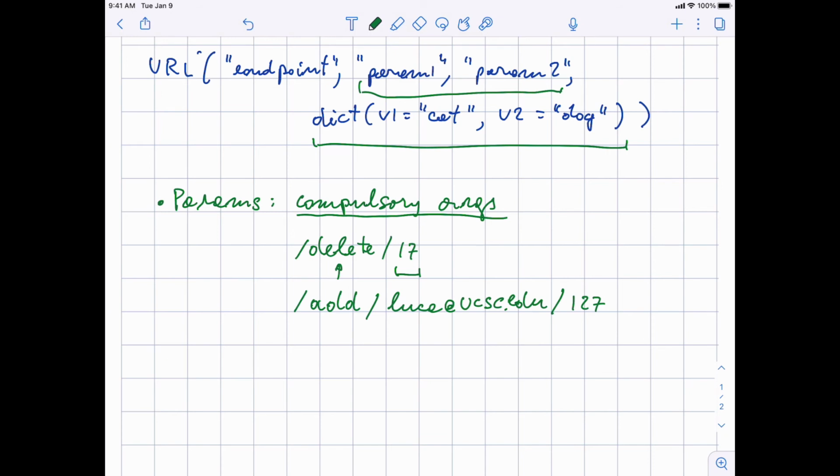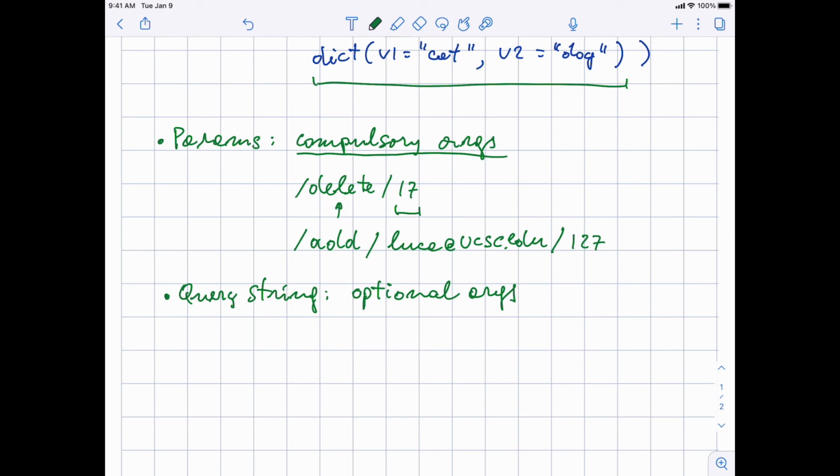Instead, the query string, I use it for optional arguments. Okay, for example, you can say view, that gives you a table showing something, and then you can say question mark sort is equal to, well, in the URL it would be without quotes, sort is equal to ascending.